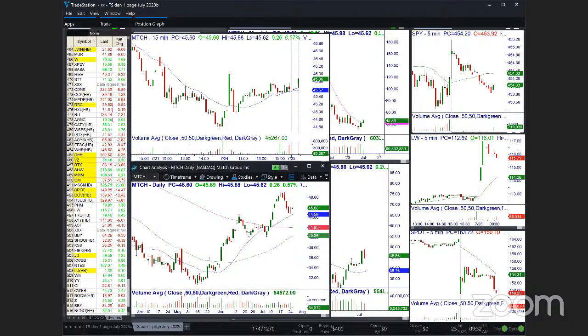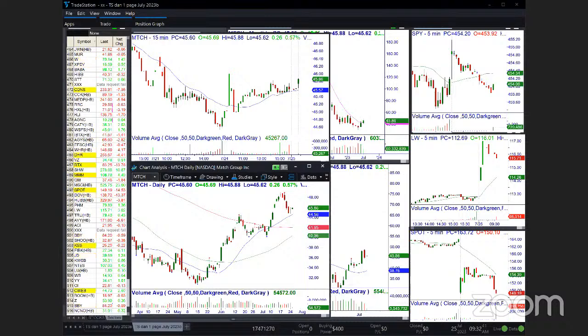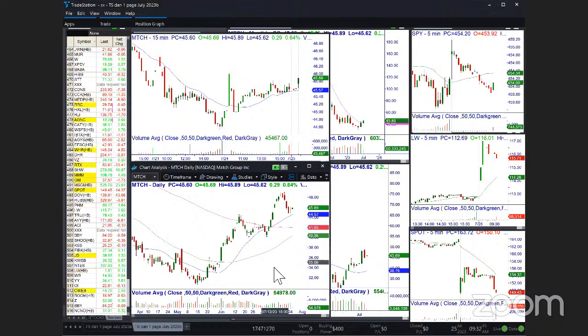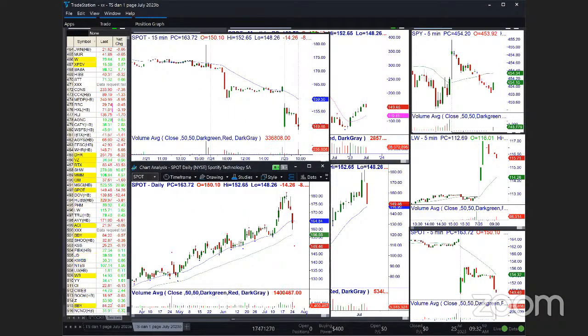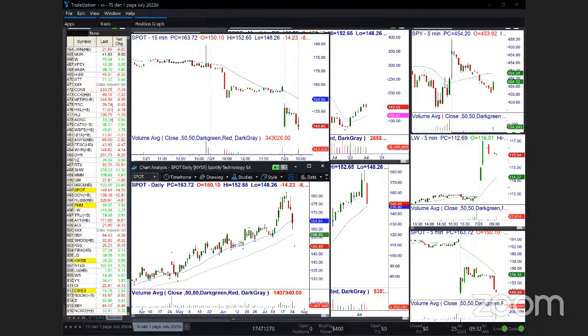Spot. I can't forget about you. We're actually break even right now in spot. Let's kill it just because of the uncertainty. And if we get another sell-off,